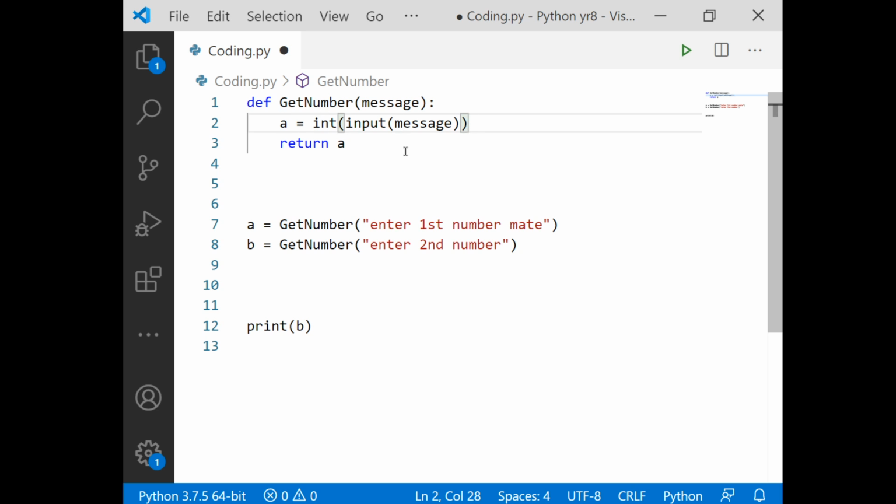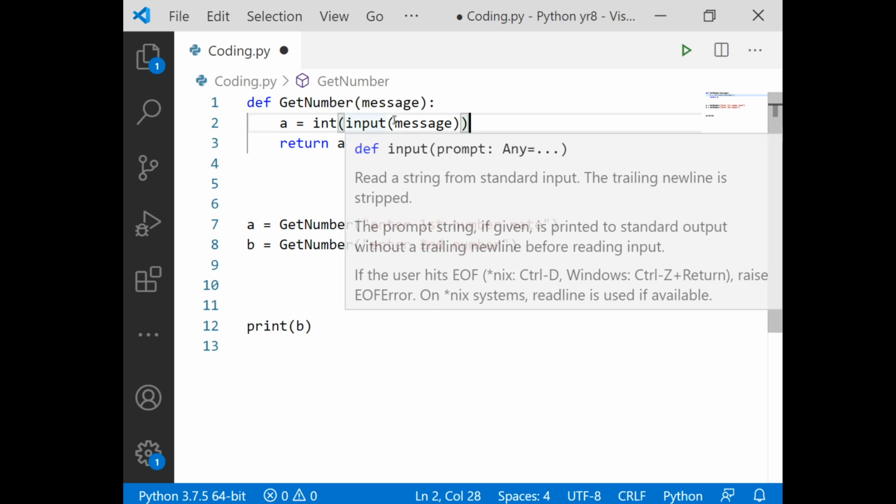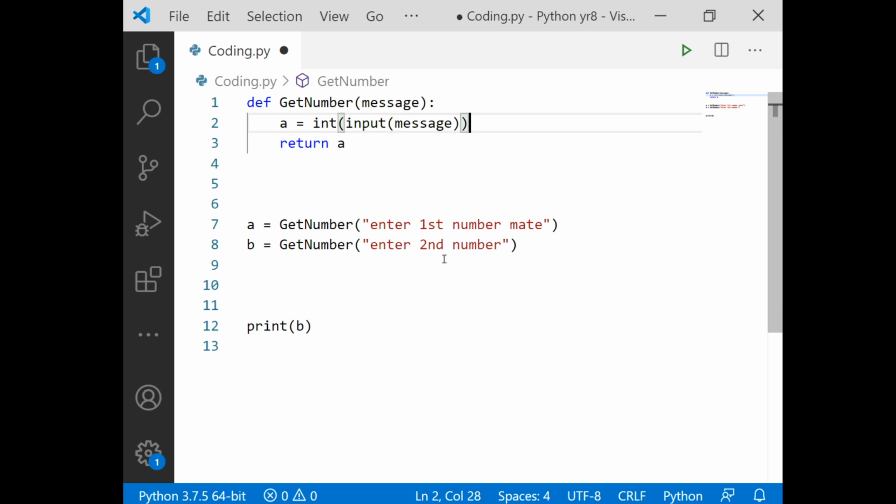Someone else could have written this function for me. I know what I want to do, but I don't know how to get input from the keyboard, so someone could write that function for me. And now I've written it once, I can use it multiple times. I don't have to keep doing the int bit and the input bit. It's done once. So if I edit how I do my input, I've only got to change that code once there. It doesn't affect any of this other logic.